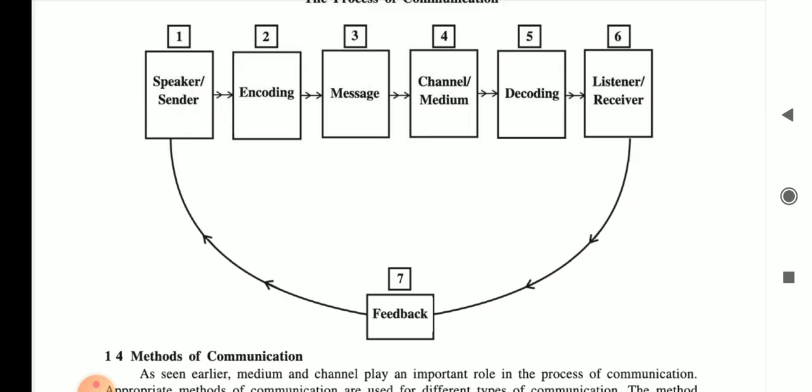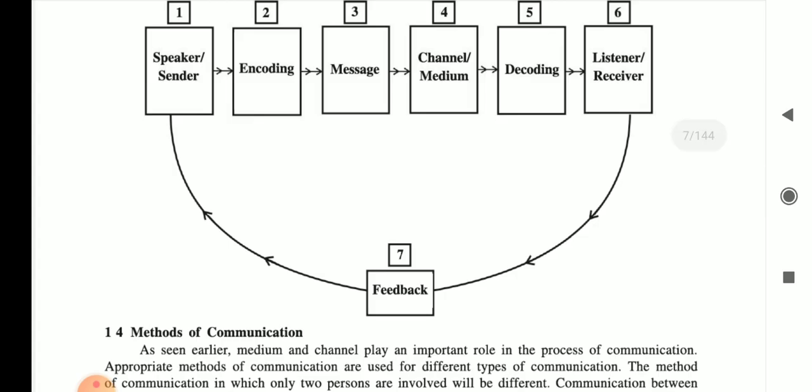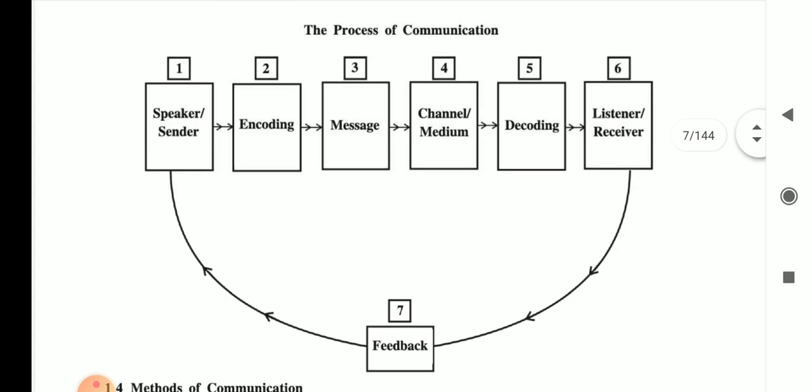Next one is the listener, as well as the receiver. Another name is the receiver. See, the speaker is the most important part, as it is important to start the process, and for the ending of the process, the second party in the communication process is the listener. Without a listener, you are not able to start or generate the process. See, all these six points are very necessary in the process of communication.